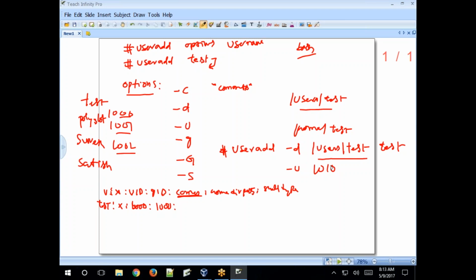So instead of selecting a random number, you can also set a different UID as the user ID. Before specifying this UID, you need to check whether the UID is already in use or not. If that user ID is already allocated to another user, you will get an error message: the UID is already in use. Otherwise, just specify it, then the username Satish. Now this user will be created with UID 1010. Clear?